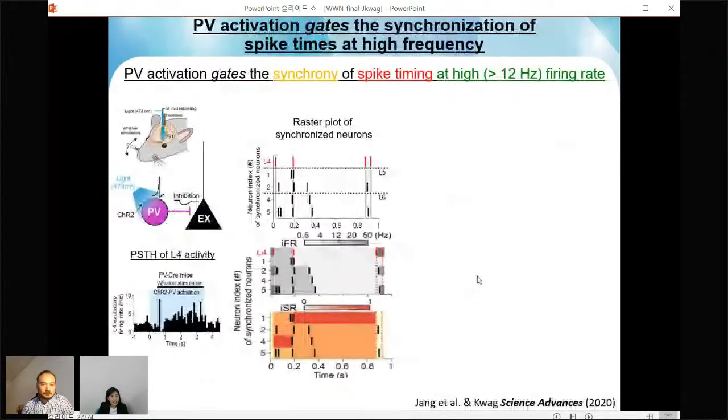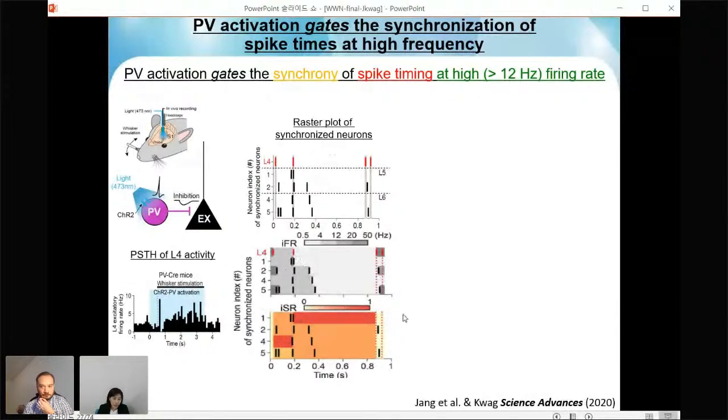Now, using these mice and optogenetic activation of PV interneurons, we repeat the same experiment I just showed you in the control experiment. We activate the PV interneurons during whisker stimulation, giving the light slightly beforehand, before the whisker stimulation onset, to make sure that the PV neurons are already activated. This did not change the shape of the PSTH itself, but when we look at the spike train patterns in more detail, and analyze for iSR and IFR,